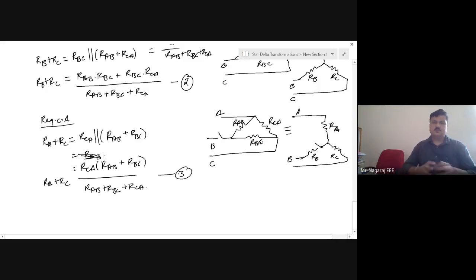Okay. So now we have got into the technical thing of making the two resistances equivalent between two terminals. Further part we will take in the next class because it is a bit lengthy, so I cannot finish it. Now it is almost the time of the next class of yours. So we'll stop it here for today's session.